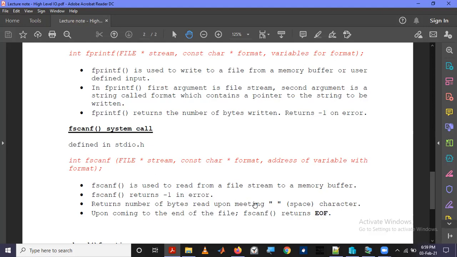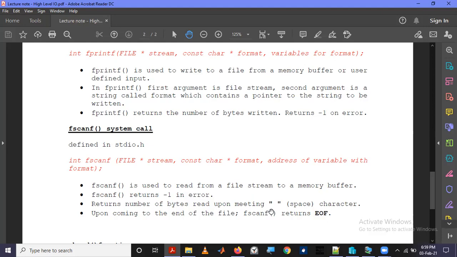For example, if there is a word with 5 letters, it will read those 5 letters into a buffer, and it will output that it has read 5 letters by returning 5, because the next character is a space. So it will read until this space is found.